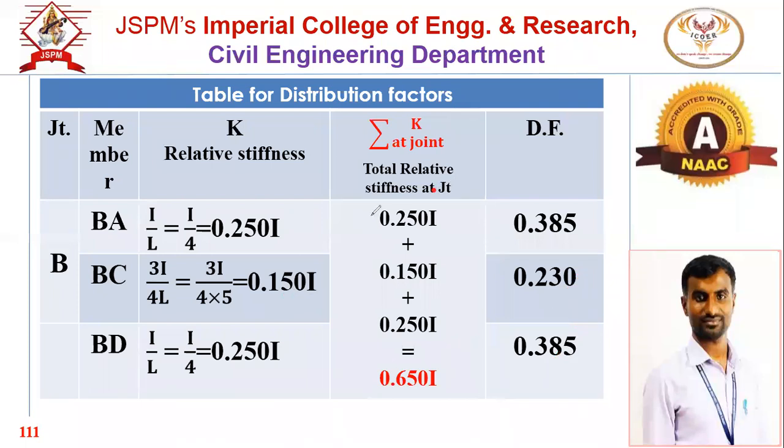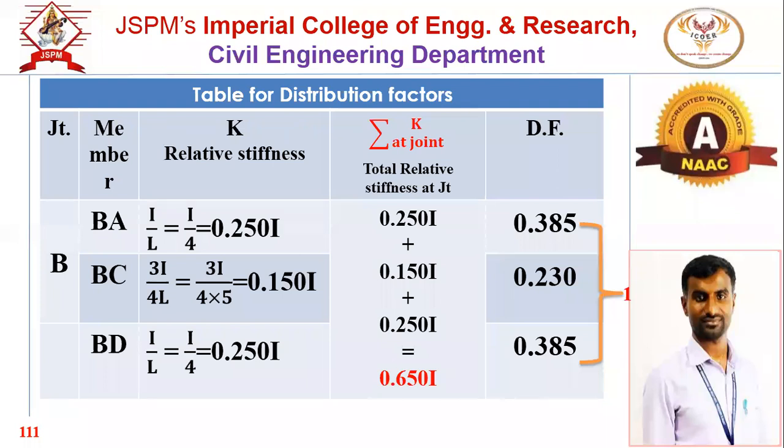And if you cross check it, the summation of distribution factor at a joint should be 1. This is the cross check. एक्झाम मध्ये हे नाही लिहिले तरी चालेल, 1 किंवा कॅल्क्युलेट नाही केले तरी फक्त क्रॉस चेक करायचं आहे. This summation of distribution factor at a joint should be 1. Means what we can conclude here: if there are n number of members, 10, 500, 200, anything, but the summation of distribution factor at a joint should be unity or 1. That is the funda.